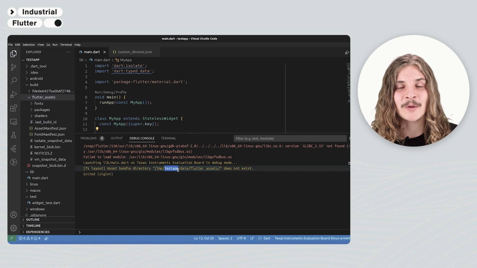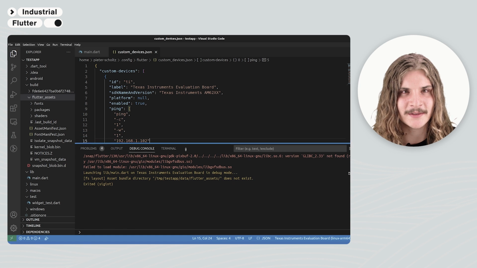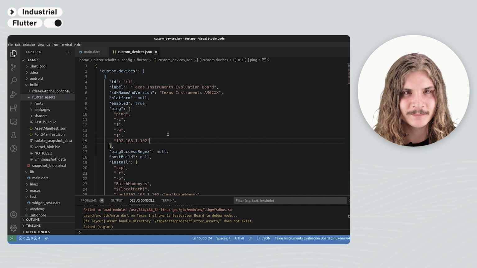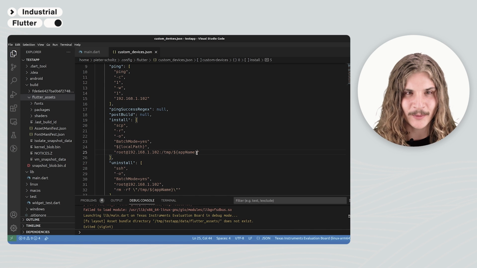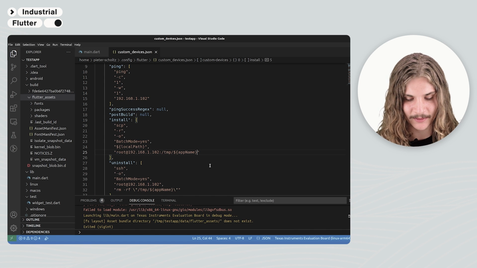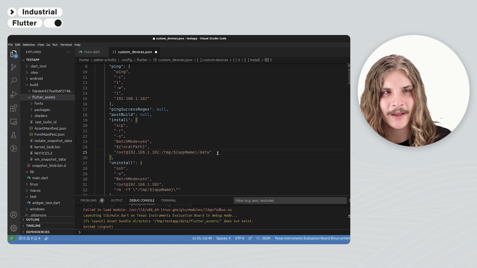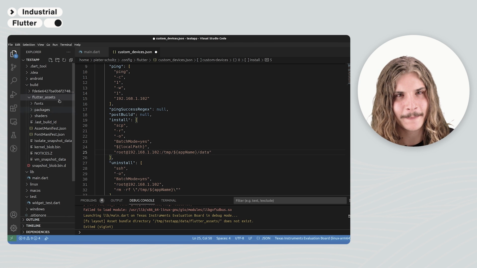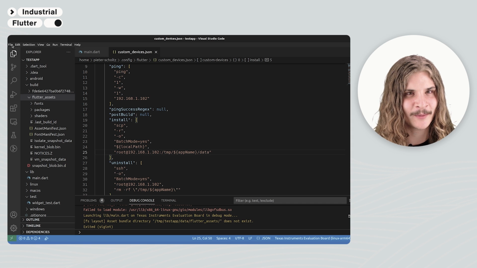In order to fix that, we can go here to the custom devices.json file and install. We're using SCP here to install. We can just go here and add the data directory. This is a bit of a workaround, so don't shout at me in the comments.